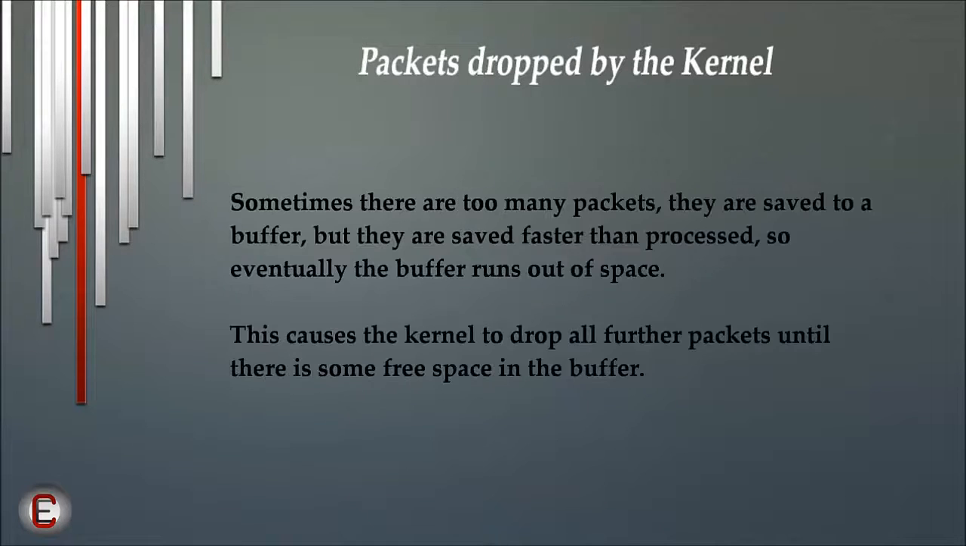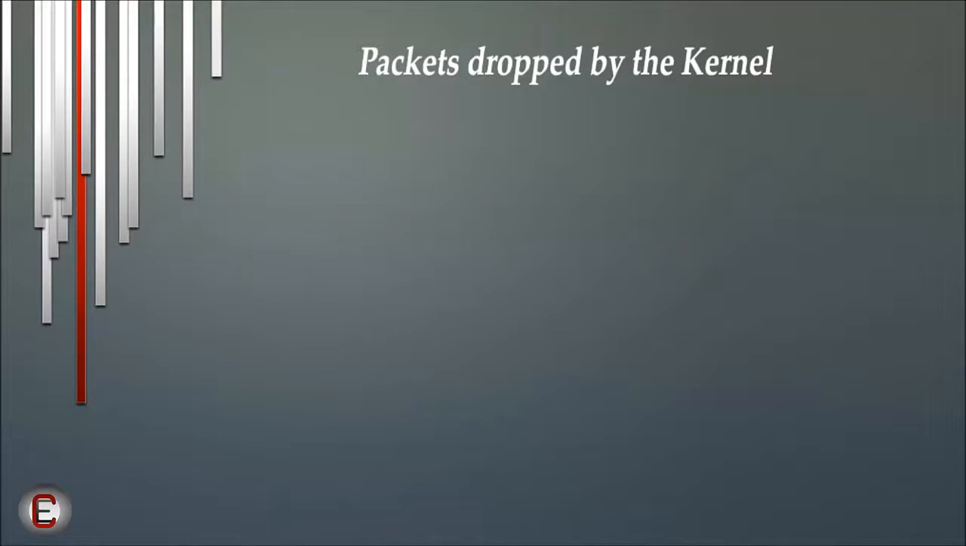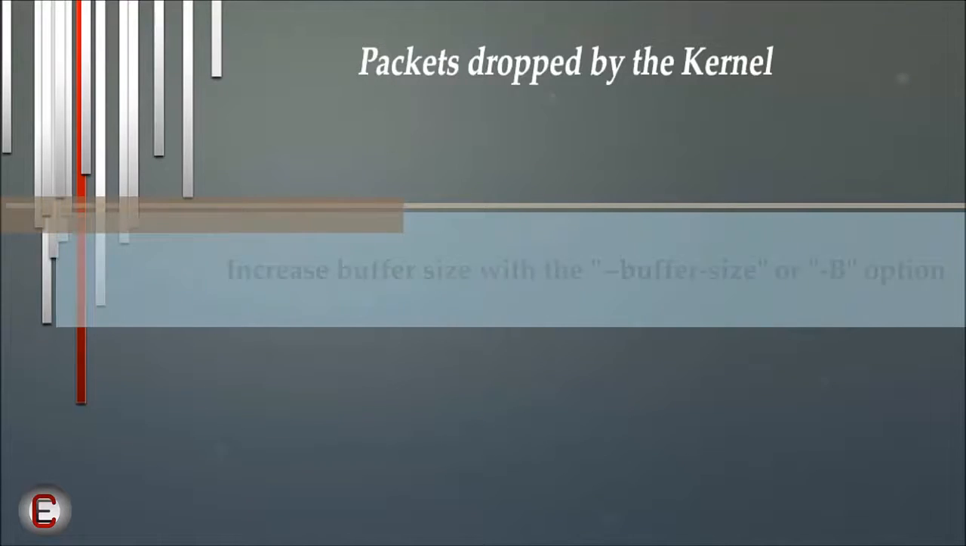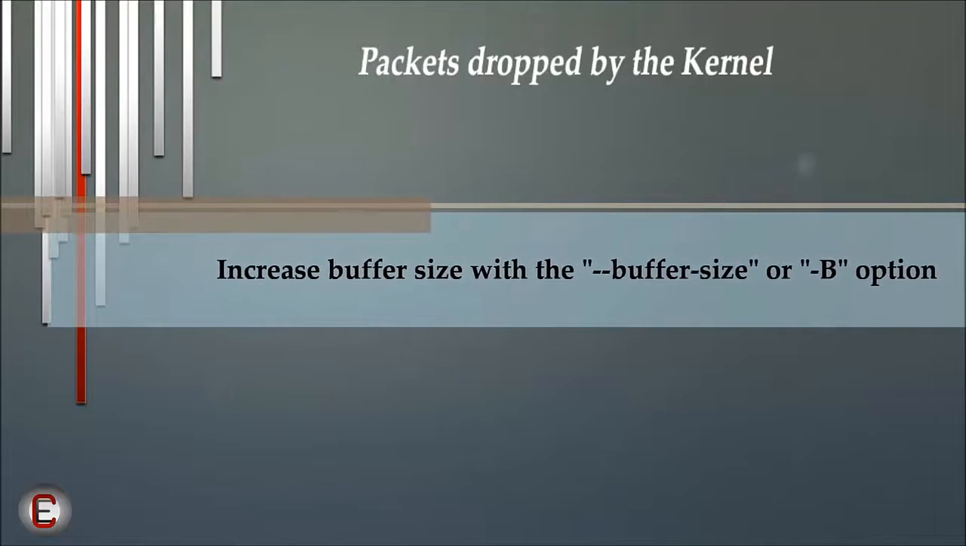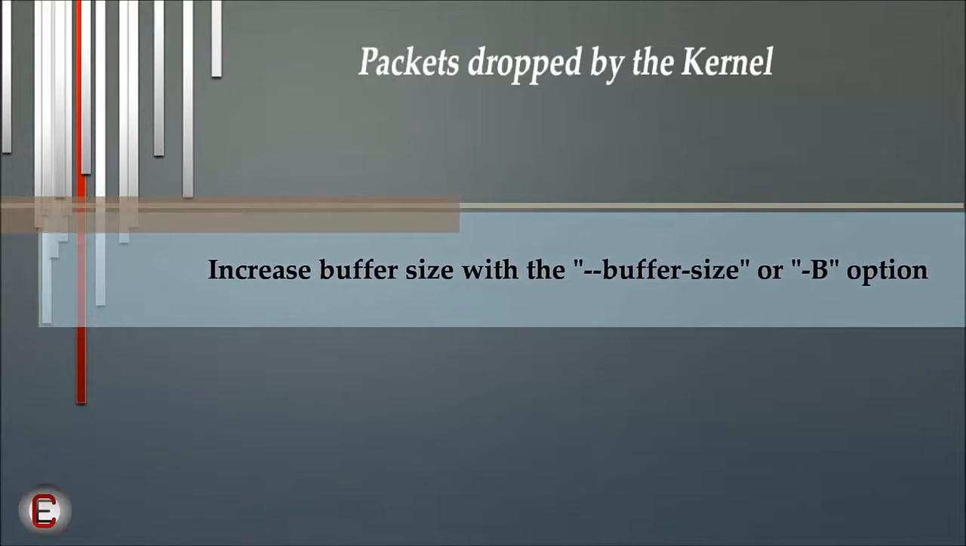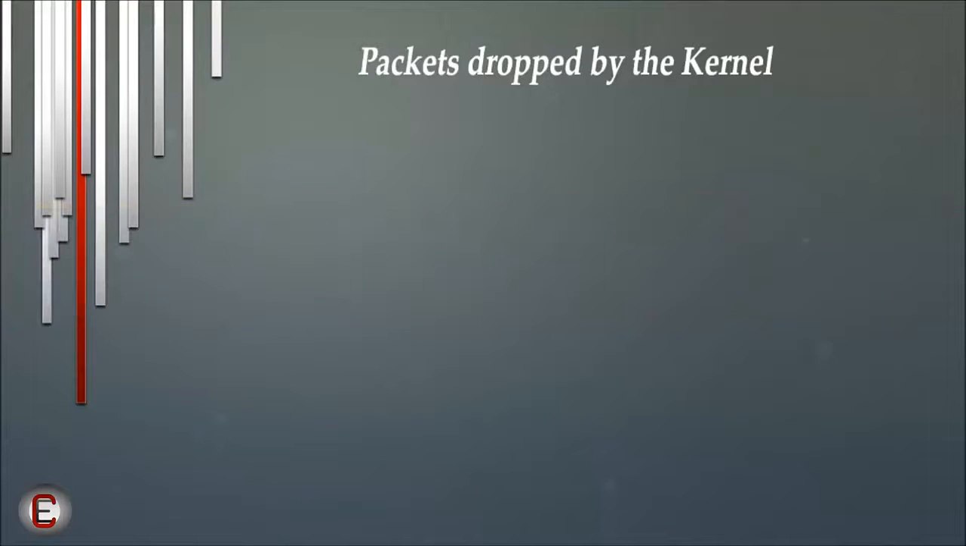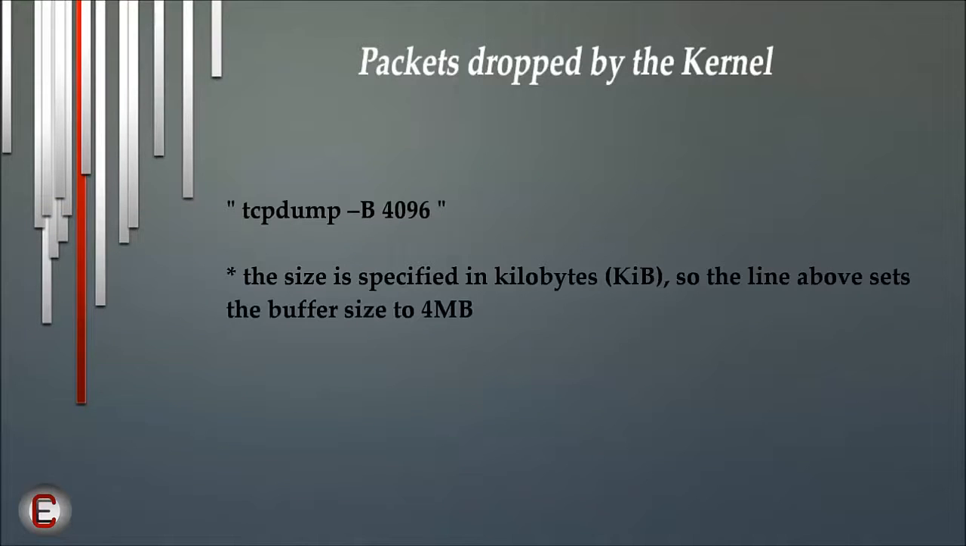When there are too many packets and they are saved to a buffer, and the saving process is faster than the processing, eventually the buffer runs out of space. This causes the kernel to drop all further packets until there is some free space in the buffer. You can increase this buffer size with the buffer-size or -B option. For example, tcpdump space -B space 4096. Note that the size is specified in kilobytes,